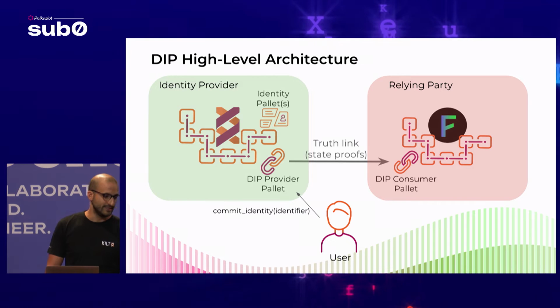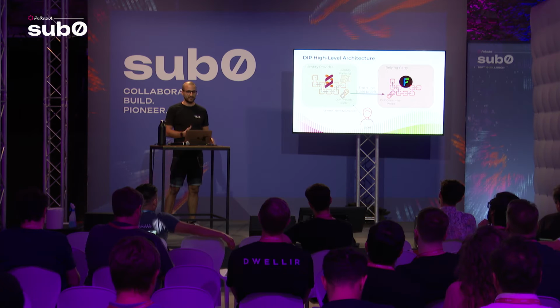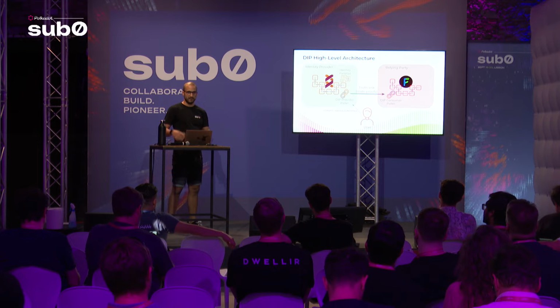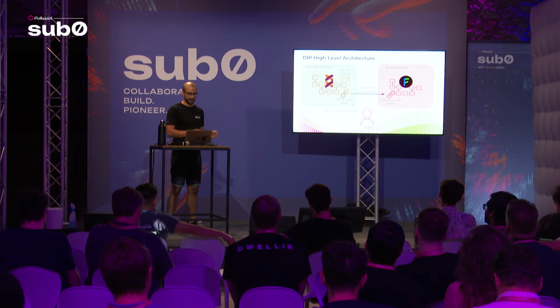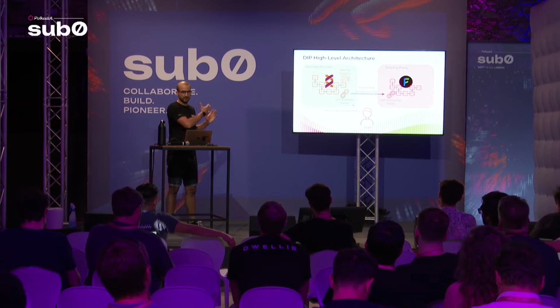The commit identity extrinsic is still the same, but because we are not sending anything to a destination chain, it just takes the identifier of the subject. The commitment, this identity aggregation, is generated and stored on the identity chain, and the user can now use it on any other chain that has a view into the storage of the state of the provider chain. The upside here is that compared to the XCM version, there is always at any time a single view of the identity information. There are no different copies on different chains, which means that they cannot get out of sync with each other, because it always only lives on a single source of truth.